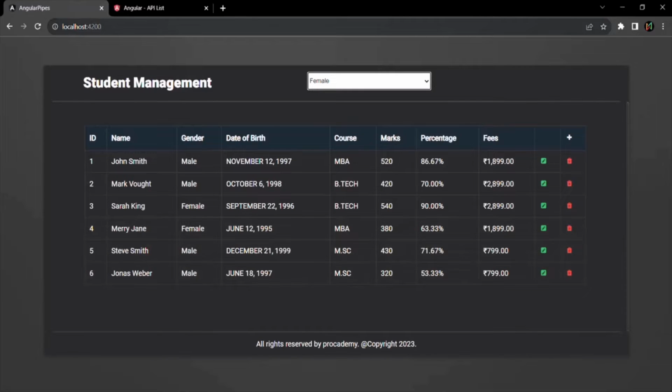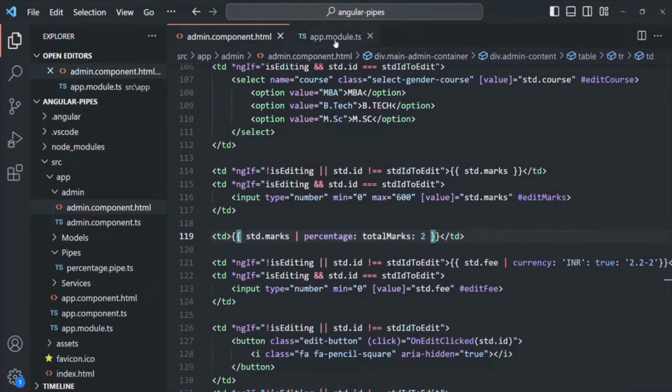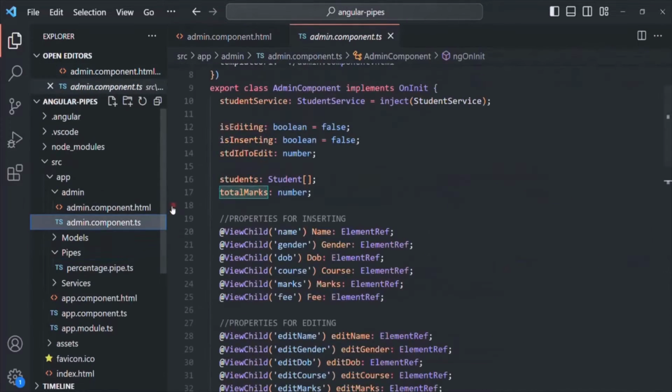Let's go to VS Code and let me close this percentage pipe file here. And let me also close this app module file. And the first thing which I'm going to do is, in the admin component class, let's go ahead and